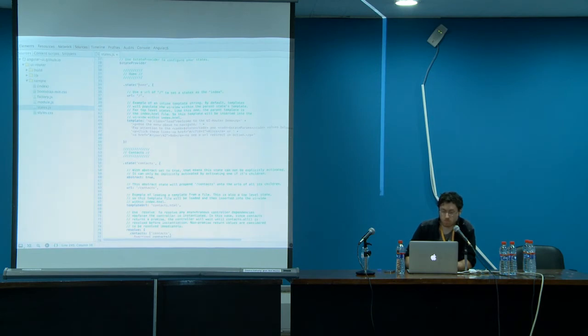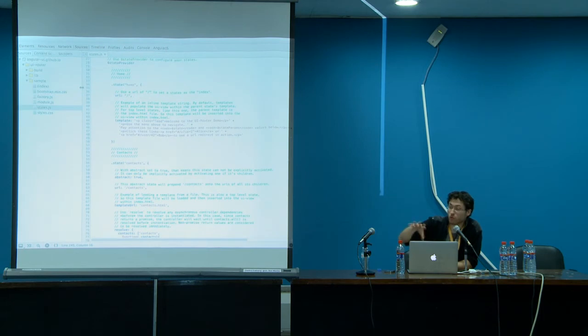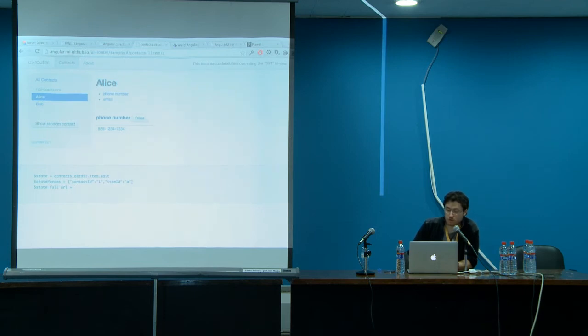Can you define it in some way that you don't expose all the backend logic you're using? Okay. When you say backend logic, for example, if you have a server with a backend, you don't want to expose sometimes your models or your actions. Okay, sure. So this is actually completely front end, what we're seeing here. And your URL structure that you define in your state tree is completely independent from anything that goes on in your back end. What you're seeing here is completely front end code.